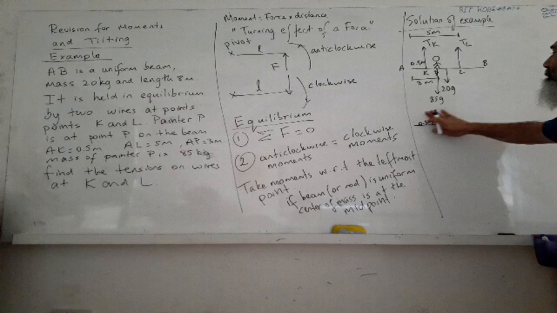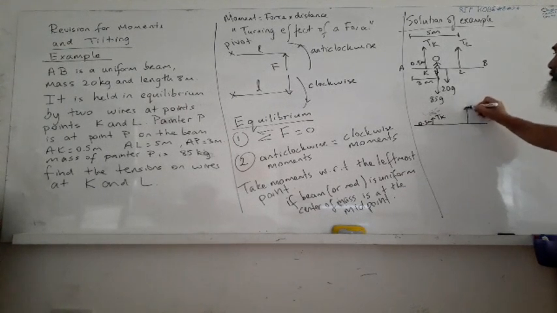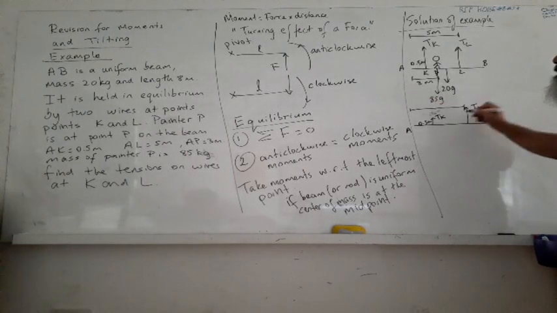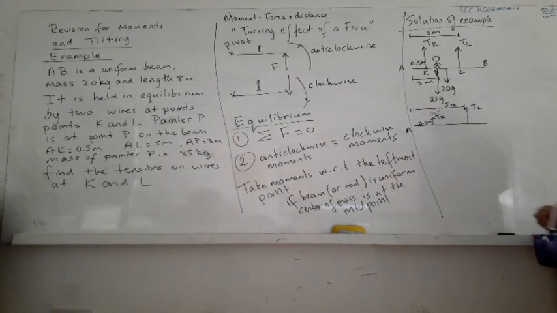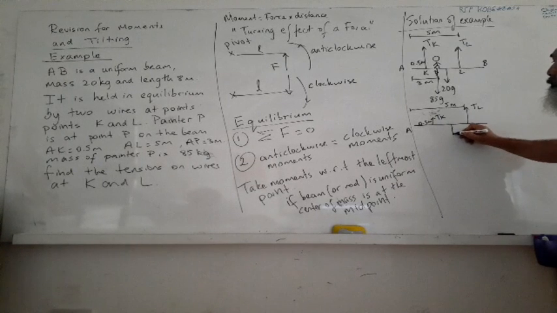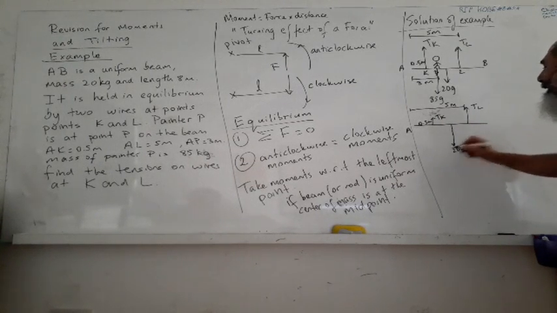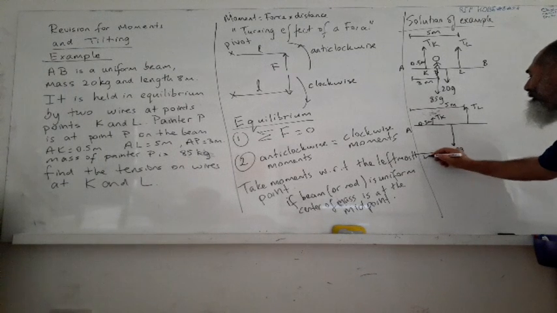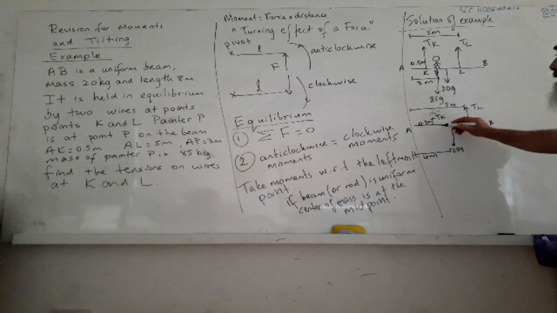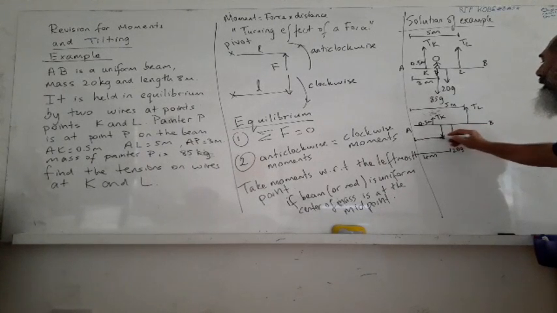We have tension L here, and its distance from A is 5 meters. We have 20G there, which is 4 meters because it is at the midpoint, and AB is 8 meters, so the midpoint is at 4 meters. And we have the weight of the painter, which is 85G, and it is 3 meters from point A. This is P,